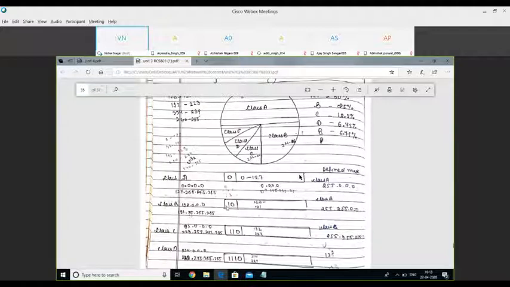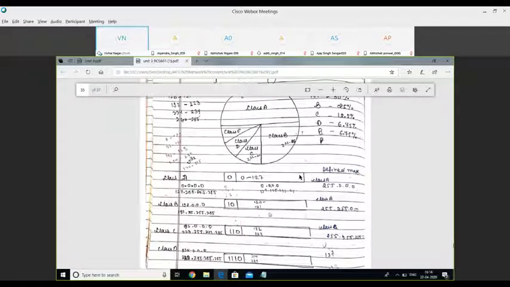Similarly, we have class B in which the range starts from 128.0.0.0 to 191.255.255.255, and the format of IP starts with 10. The first IP address in this range is 128.0.0.0. The last one is 191.255.255.255.